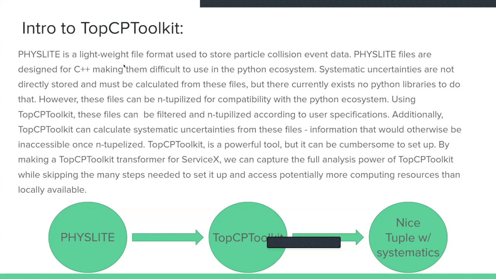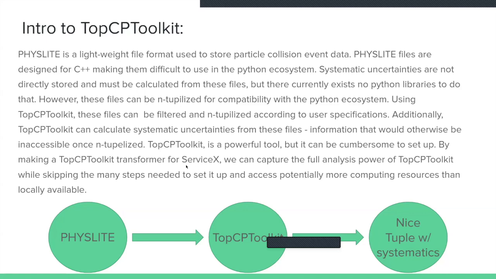So PHYSLITE is a lightweight file format used to store particle collision event data. PHYSLITE files are designed for C++, making them difficult to use in the Python ecosystem. Systematic uncertainties are not directly stored and must be calculated from these files, but there currently exist no Python libraries to do that. However, these files can be N-tupleized for compatibility with the Python ecosystem. Using TopCP toolkit, these files can be filtered and N-tupleized according to user specifications. Additionally, TopCP toolkit can calculate systematic uncertainties from these files, information that would otherwise be inaccessible once